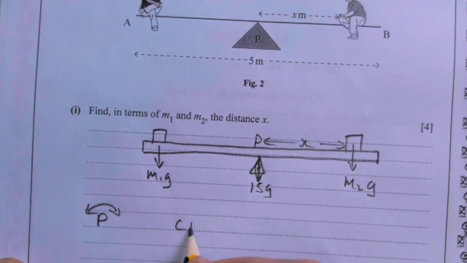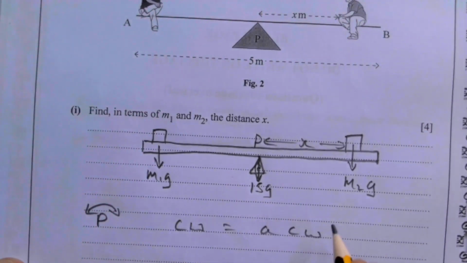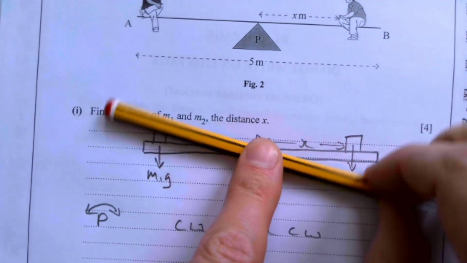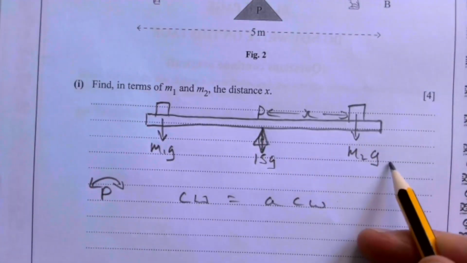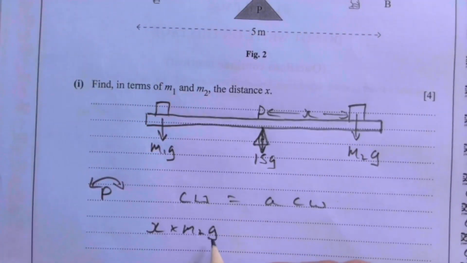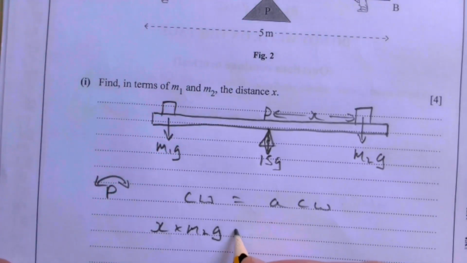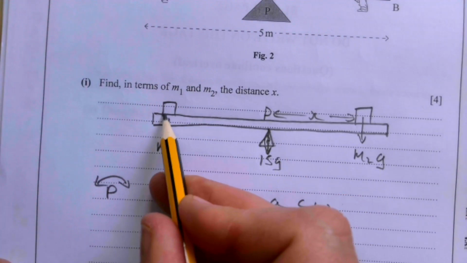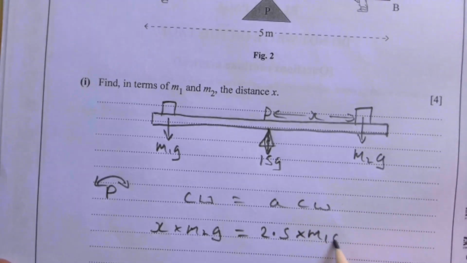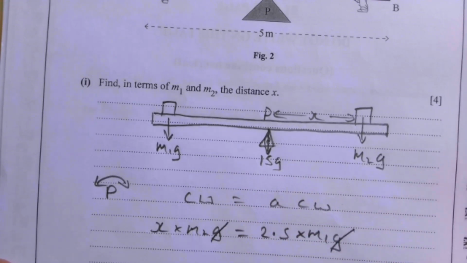I'm going to go clockwise equals anti-clockwise. Some people like to see the pivot sitting here and pushing that way, so that one's taking it clockwise and that one is anti-clockwise. So it's X times M2G, and then this distance here is 2.5, so 2.5 times M1G. The G's cancel, as there's a G in both terms,